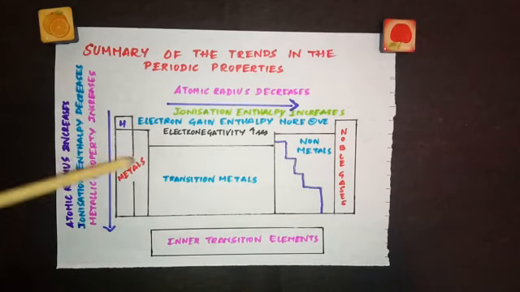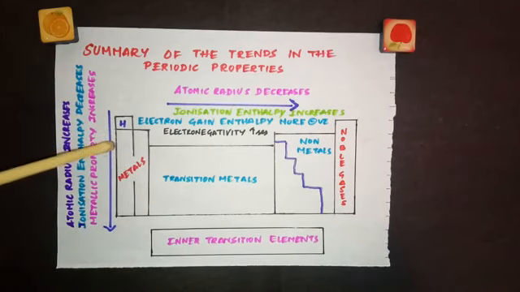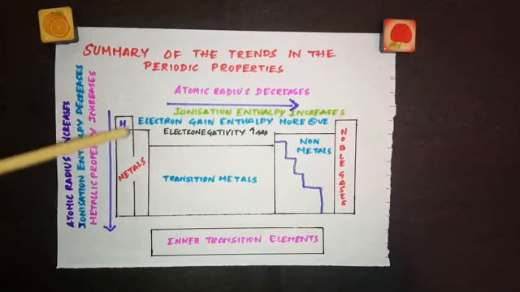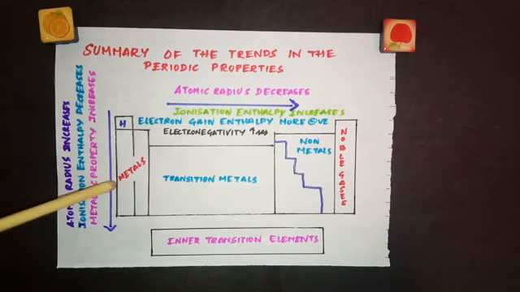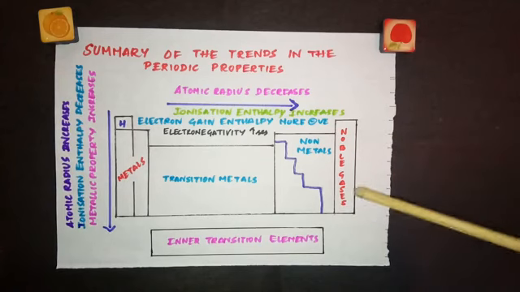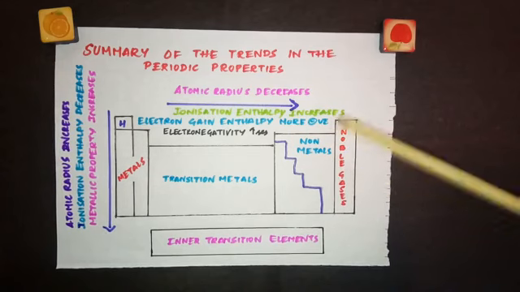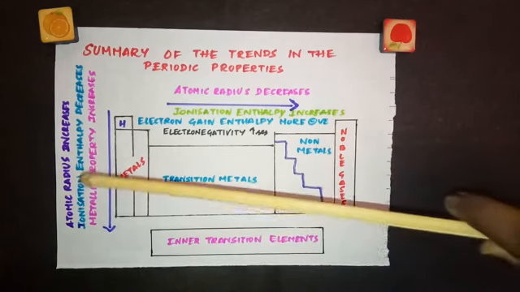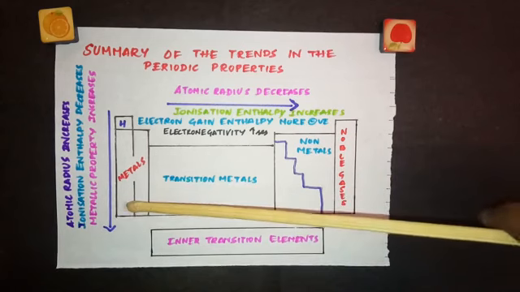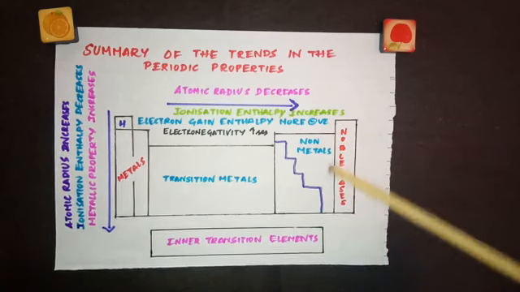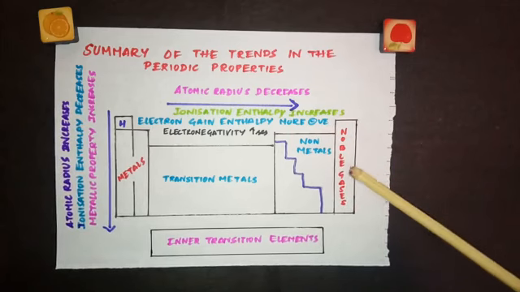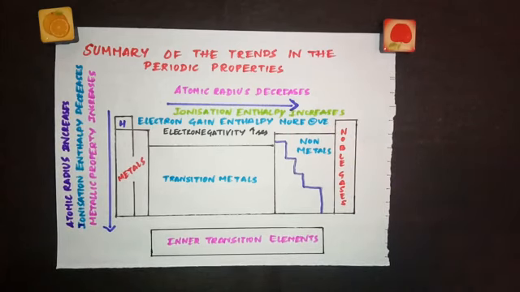So when we say ionization enthalpy is the least here, it means it is easy to remove an electron. So the elements at this extreme left are ready to lose electrons. Here, when we say electron gain enthalpy is more negative, it means the elements at this end are willing to accept electrons. So the extreme left elements have more tendency to lose electrons, and the elements at the extreme right, as we are talking about the halogens, not the noble gases, have more tendency to accept electrons. So this results in the maximum chemical reactivity at the extreme left and at the extreme right.